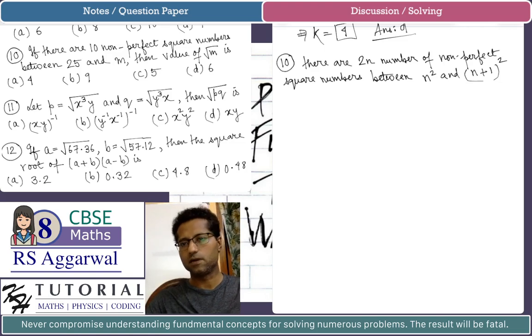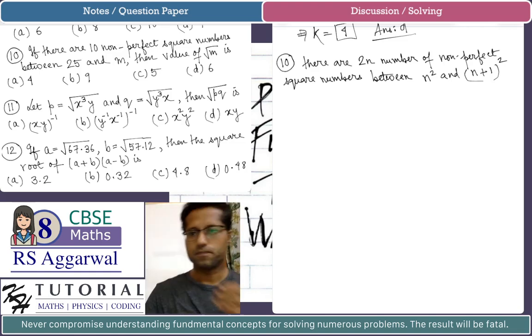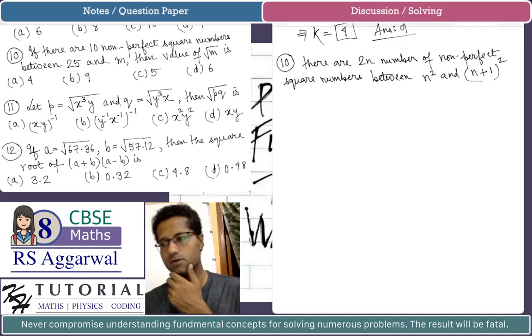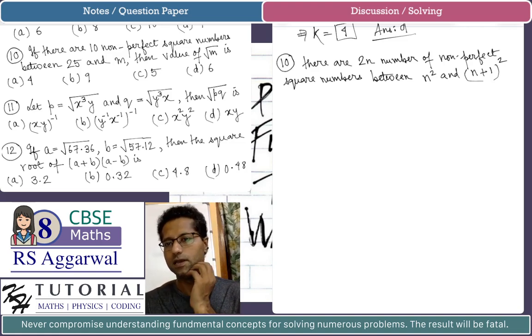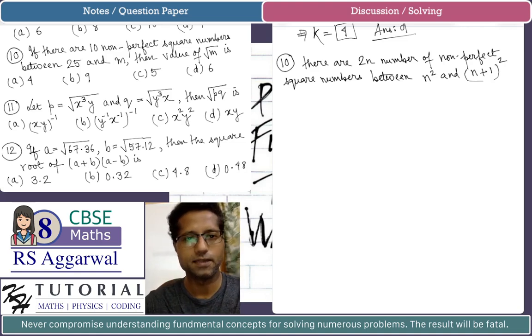So n and n plus 1 are two consecutive integers, so n square and n plus 1 whole square will be two consecutive perfect squares. All the numbers lying between n square and n plus 1 square, excluding n square and n plus 1 square, that is all numbers greater than n square and less than n plus 1 square, if you count those numbers, there are 2n such numbers. Now in the problem it is saying that there are 10